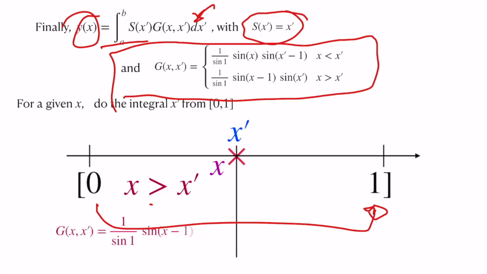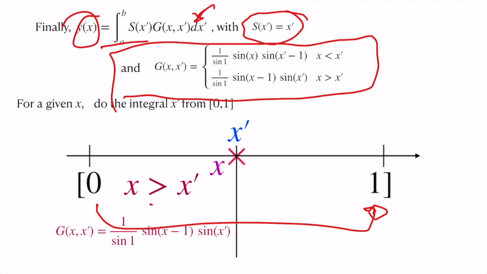But there is a problem. The Green's functions are different on the right hand side of x and left hand side of x. We have earlier done this in comparison with the x prime. That is, we have said that the right hand solution is right hand to x prime and left hand solution is left hand to x prime. Now we are doing it with respect to x. So it is getting interchanged.